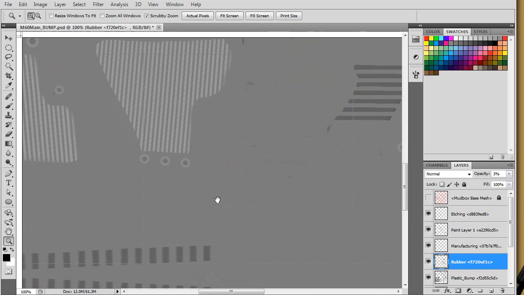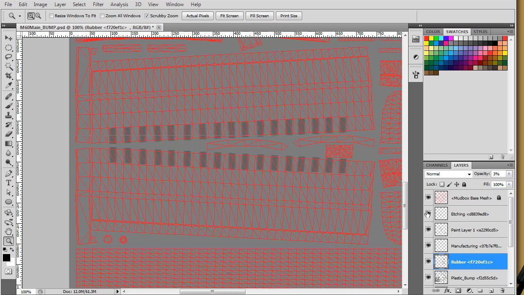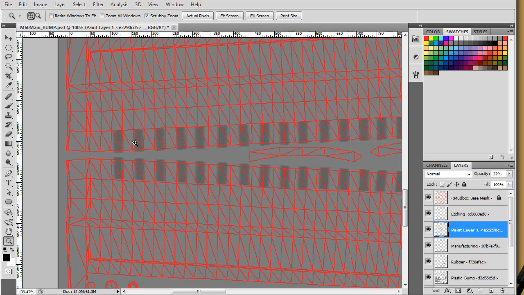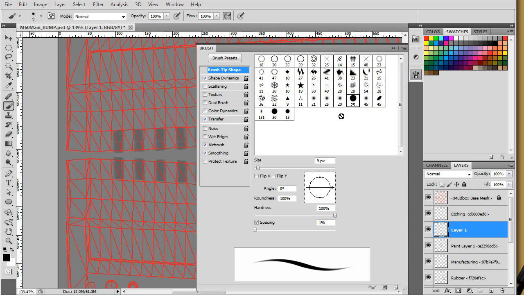And I did say that I wanted to fix this here, so I'm going to do it. I'm going to show my UVs here, and I just need to find the right layer, whichever layer I turn off. Okay, it's this paint layer here. So what I'm going to do is zoom in on this guy. I'm going to make myself a new layer, and I'm going to use my paintbrush here, and I want to adjust my settings because I want this to be good. Now I don't want 100% hardness. I don't want that super sharp falloff. I don't want it to be super soft either, so I'm going to go about 70%